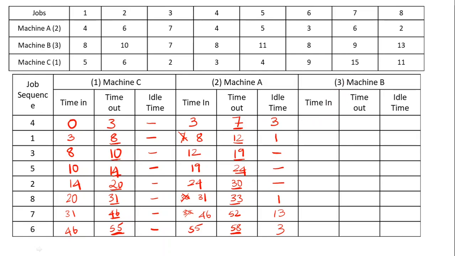So here the starting time is basically the timeout of this 4th job. Here as usual the idle time is 7 hours. Reason, though at the 0th hour the entire factory is starting, till the 7th hour it has to wait for the first job to get inside machine B. So the 7th hour is the starting point. Obviously idle time is also 7.